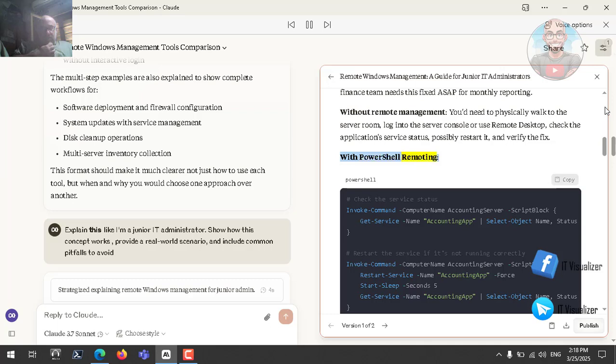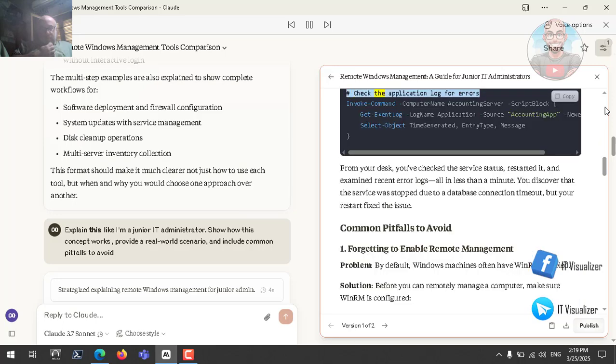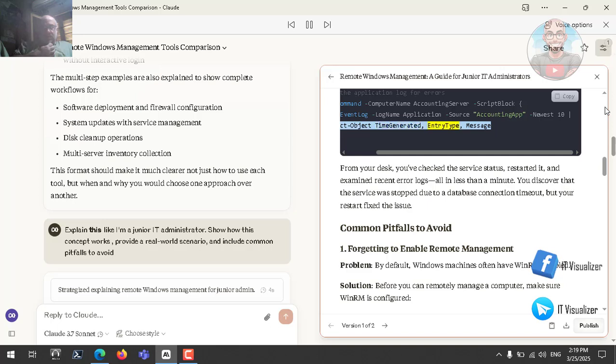With PowerShell remoting. PowerShell. # Check the service status: Invoke-Command -ComputerName AccountingServer -ScriptBlock { Get-Service -Name AccountingApp | Select-Object Name, Status } # Restart the service if it's not running correctly: Invoke-Command -ComputerName AccountingServer -ScriptBlock { Restart-Service -Name AccountingApp -Force; Start-Sleep -Seconds 5; Get-Service -Name AccountingApp | Select-Object Name, Status } # Check the application log for errors: Invoke-Command -ComputerName AccountingServer -ScriptBlock { Get-EventLog -LogName Application -Source AccountingApp -Newest 10 | Select-Object TimeGenerated, EntryType, Message }